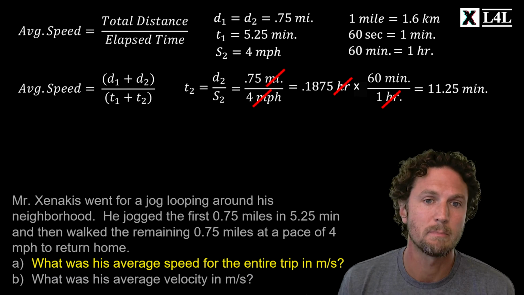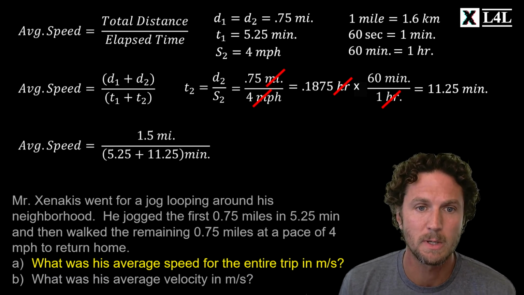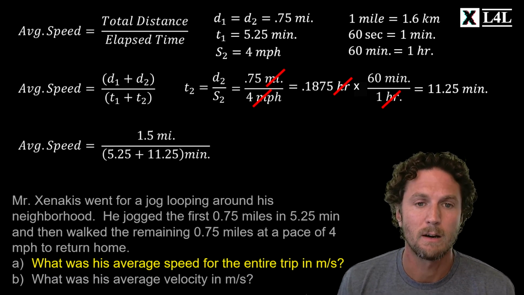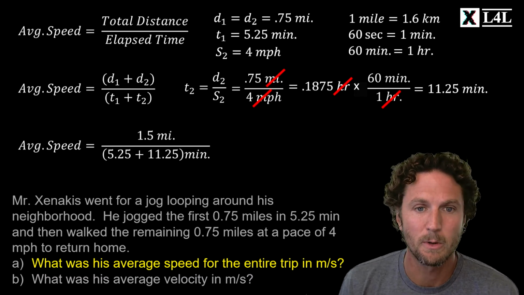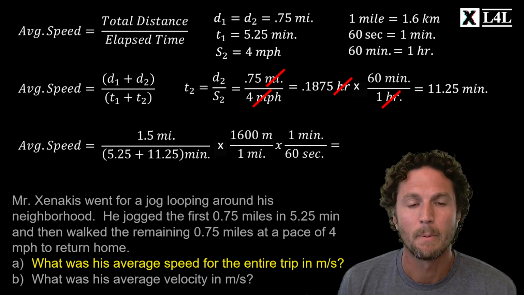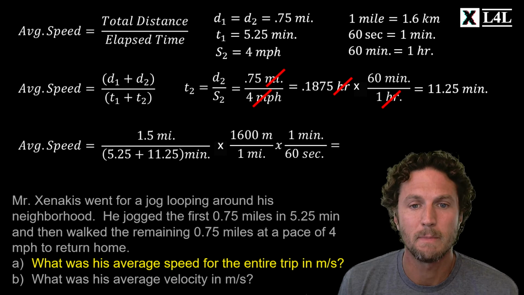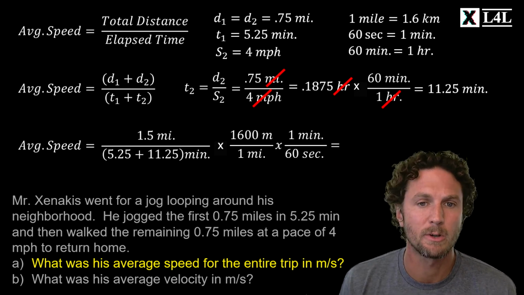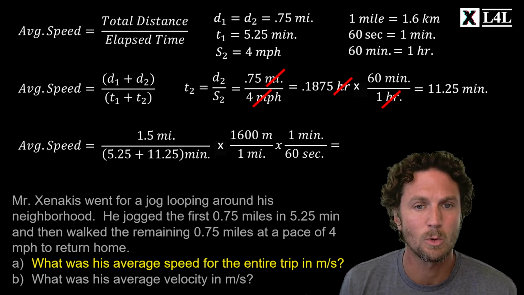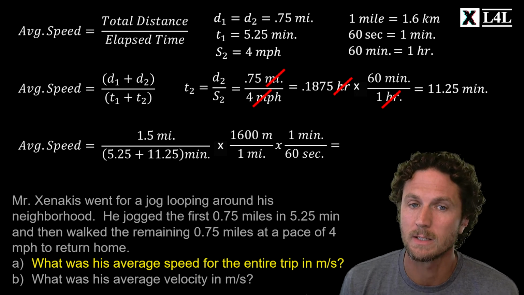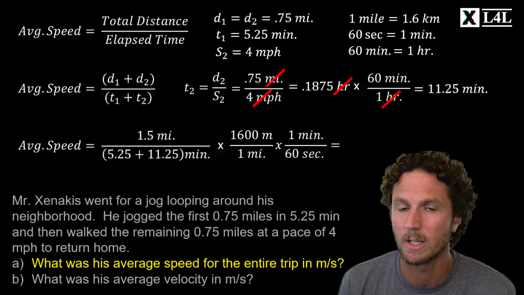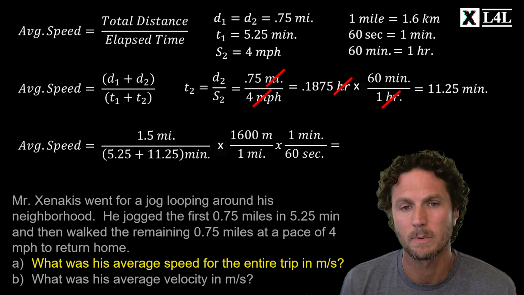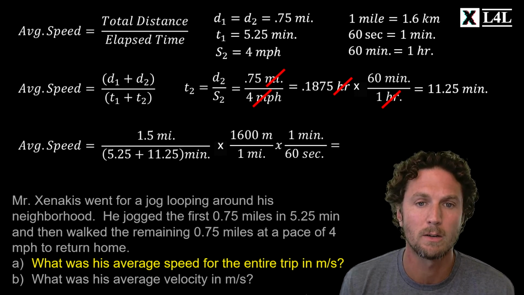So I'm going to plug this back into my equation for average speed, and I find that the total time was 16.5 minutes, okay? But I want to convert back to meters per second. So if I look at my unit conversions here, I have 1600 meters, which is 1.6 kilometers. I just made that conversion here to streamline things, but it's 1600 meters in 1 mile